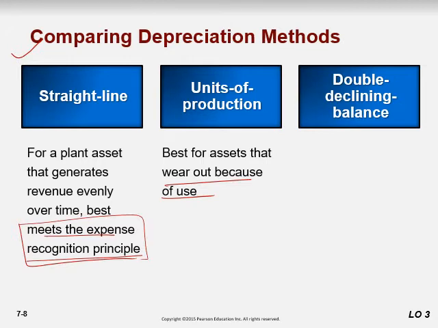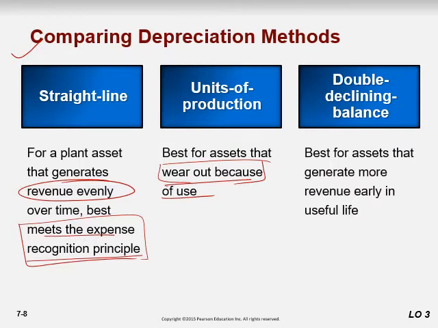For example, a truck: the more it runs, the more it loses its value, right? Straight line is best for a plant that generates revenue evenly. The unit of production method is good for assets that wear and tear according to use, and the double declining method is used for assets that generate more revenue in early years rather than at the end of their life. So, for plant assets, for example the production plant, the best one is to use the straight line